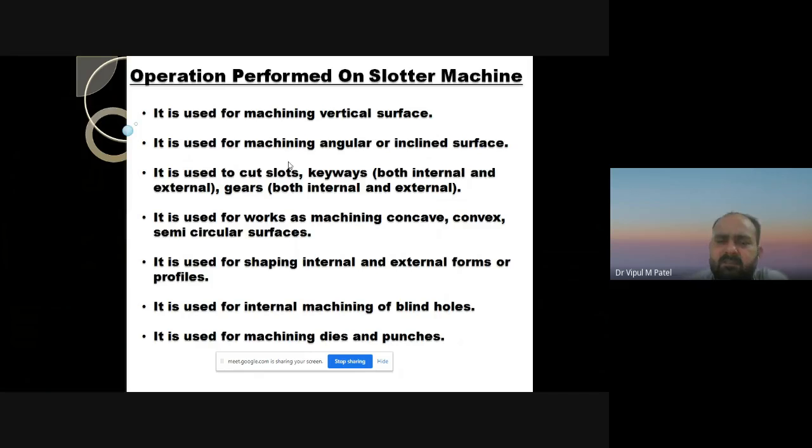It is used for machining dies and punches. We use dies and punches for different purposes in industry, so if you want to perform operations on dies and punches, we can easily do that with this slotter machine.